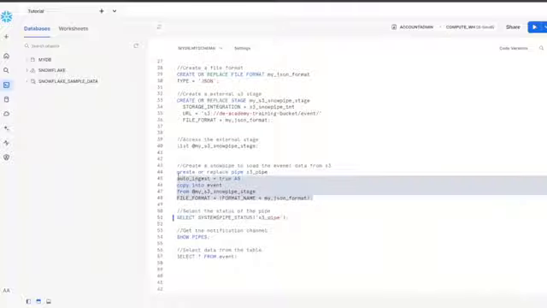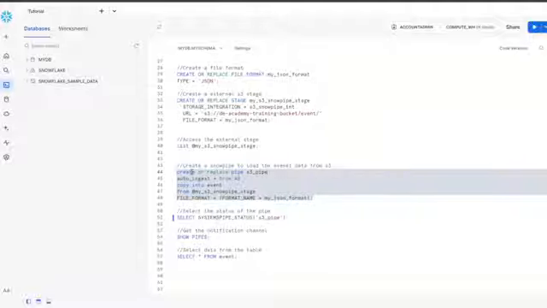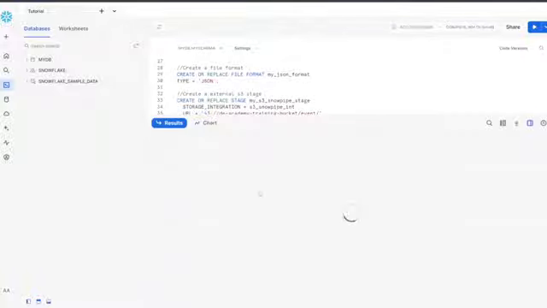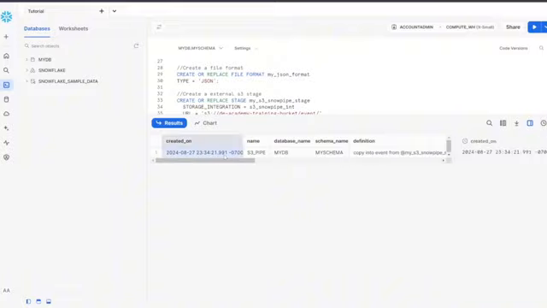Now, once we create the pipe, we need to set up an event notification in our S3 bucket, from where the pipe is going to get a notification whenever we upload a new file. To get the notification channel, we have to run a command called show pipes, and this is going to give us the notification channel, which we're going to put into our S3 bucket while creating the event notification. So let's execute this show pipes,